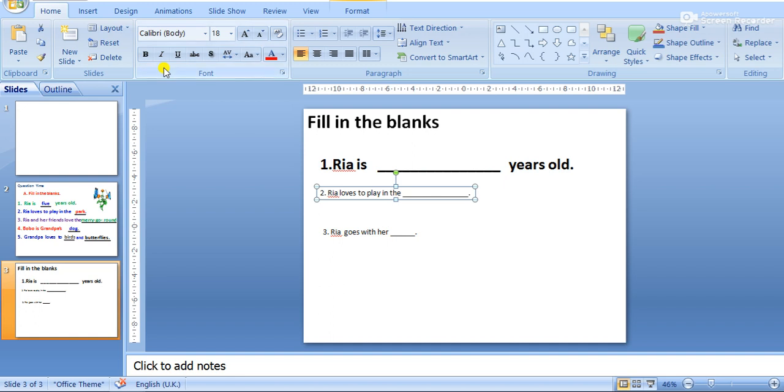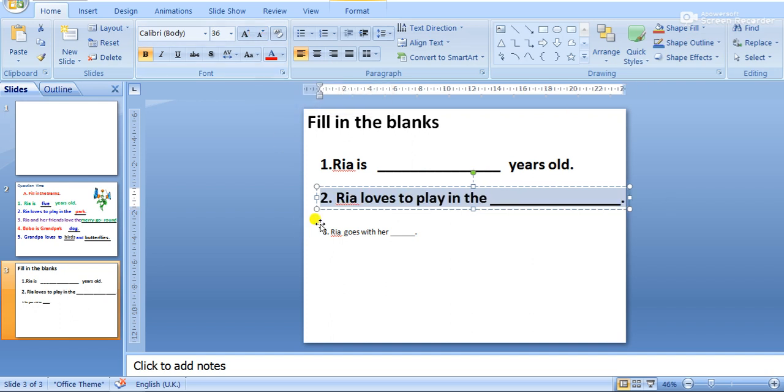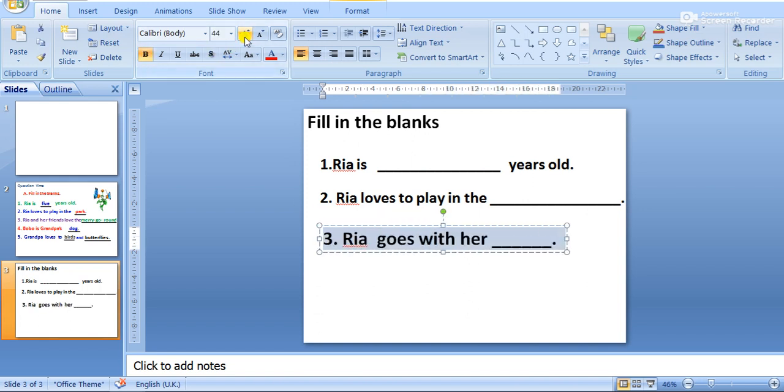Second one again, Control A, that is select the letters, sentence, bold, and increase the font. And third one as well, Control A, bold, and increase the font. Got it?